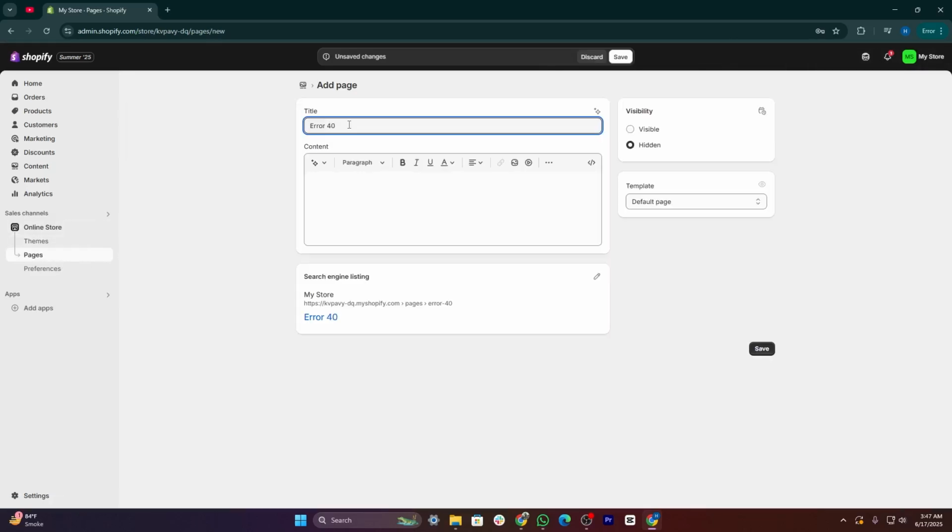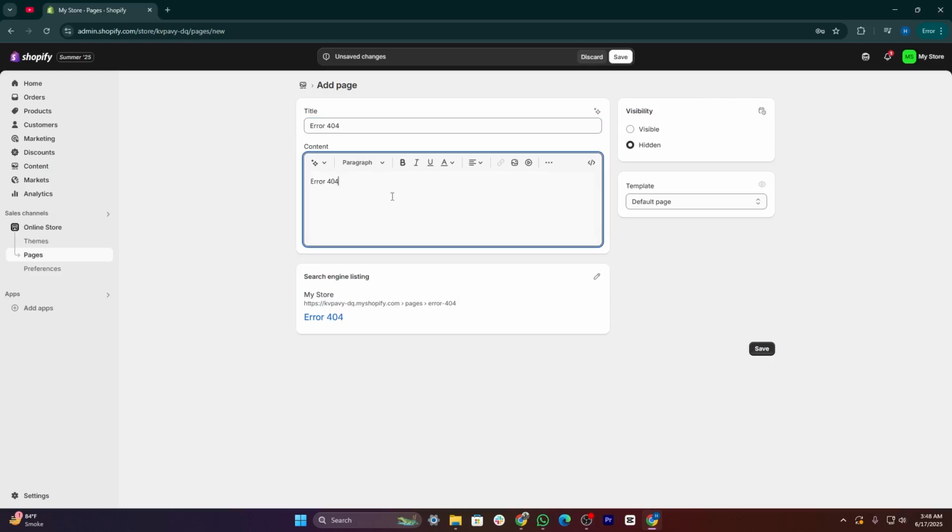In the title box, type Error 404 as the page name. In the content section, type the message you want customers to see when they land on a missing page. For example, you can write something like, "Oops, this page doesn't exist," or "Sorry, we couldn't find what you're looking for." Then, use the formatting tools to style the text. You can change the font size, add bold or italic text, or include an image or a link back to